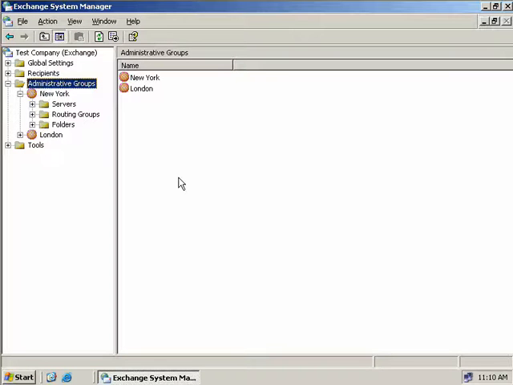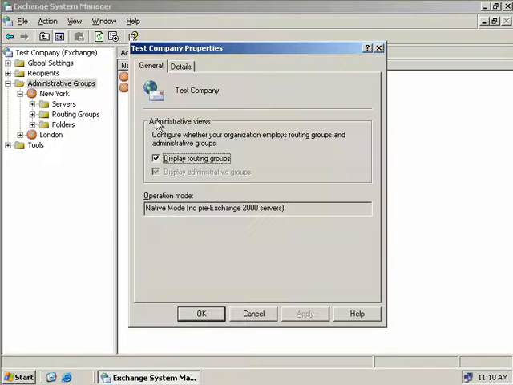Now when we first installed Exchange 2003, a default routing group was created. And if you recall in our administrative groups video, you won't actually see this unless you've gone up to your Exchange organization, right-clicked, selected properties, and then opted to display routing groups. So if you haven't done that yet, do it now, and then you'll have to close the Exchange System Manager